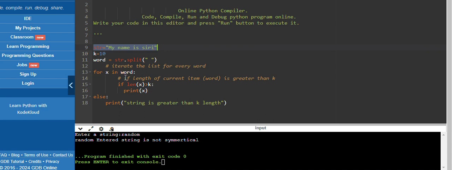So the length of x, we are checking whether the length of that particular word is greater than k or not. If that particular word is greater than k, then print that x. If not, we print that the string is greater than the k length. Understood? It is as simple as that. We just have to use the split statement and an if condition